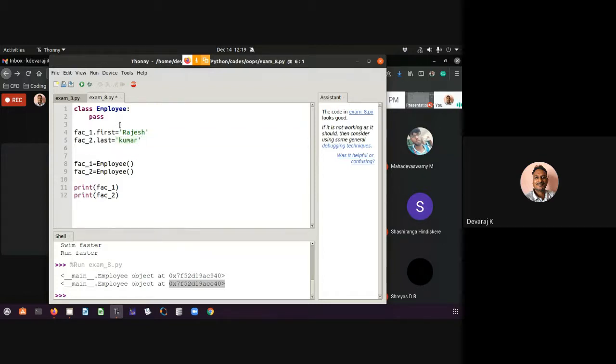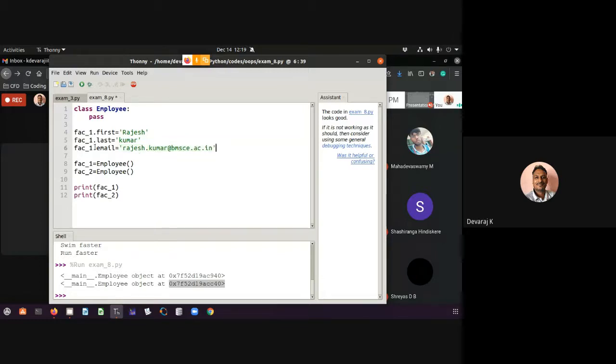Let me create his email ID. Faculty 1 dot email is equal to Rajesh dot Kumar at bmsce.ac.in.